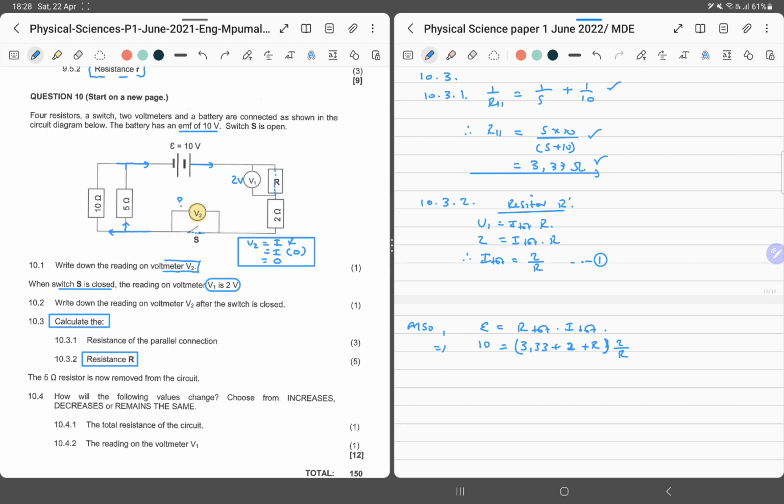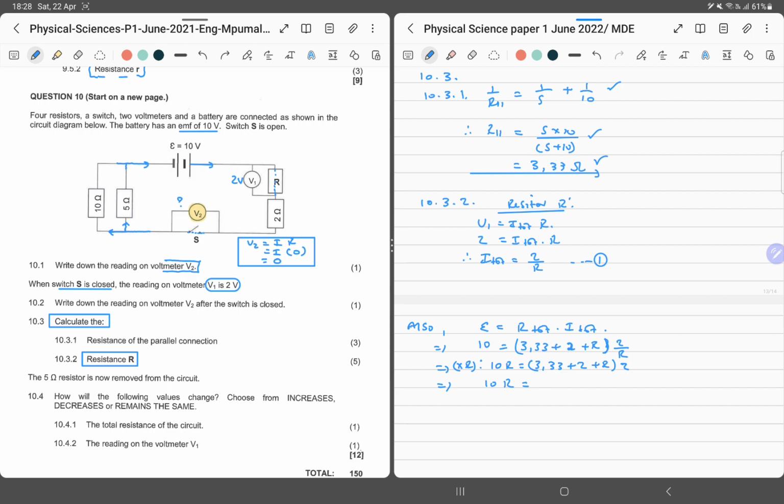Yes, which also implies that we've got, now we just do some gymnastics here. What we can do to save ourselves the trouble, we multiply by the common denominator R. Okay, we're going to be having 10R equals basically 3,33 plus 2 plus R into 2, which also implies that we've got 10R equals, let's sort this out,